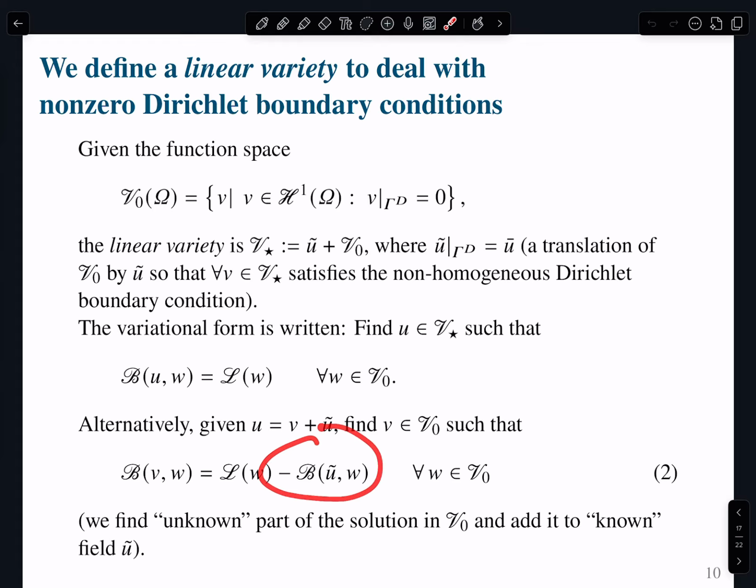And on the right-hand side, now I have this term. After I apply the distributive property, the part that I know goes to the other side of the equation, right? And in a way, the u tilde, which satisfies the boundary condition right here, is now showing up on the right-hand side. And we have to address this because when we know that the displacement is going to be prescribed on the left of the bar, that information is very important because somehow it's going to change what eventually will become my force vector in the discrete formulation.